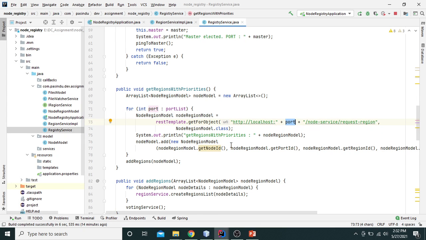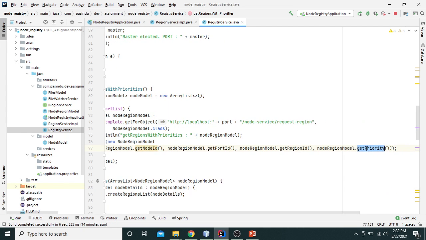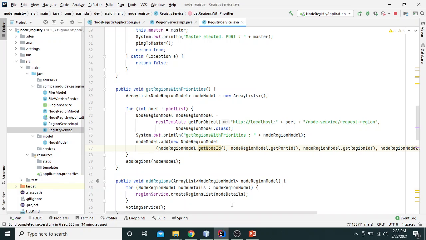All these things will be added to the list I mentioned from that image: node ID, port ID, region ID, and the priority. If we go to this node request,